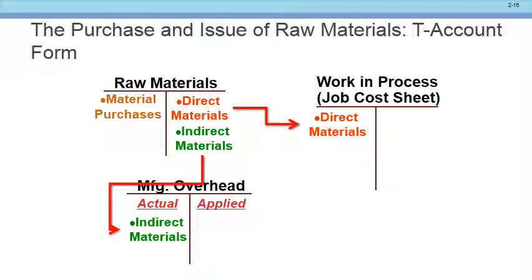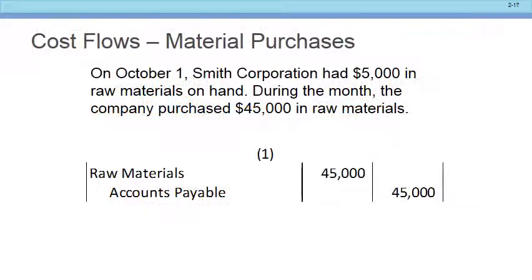If it is a manufacturing overhead item, I should say an indirect item, it's going to go first to manufacturing overhead so that it can then be allocated to work in progress based on whatever the driver is, however many minutes it takes, or direct labor hours, whatever it is that we're going to use to allocate that, right? You see that we purchased the materials, we debited raw materials, we credited accounts payable, right? And then we're going to go ahead and use some of that.